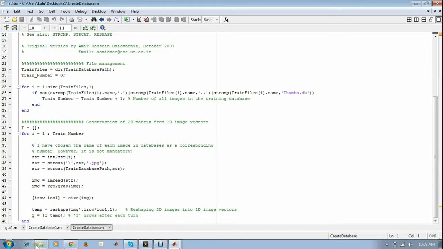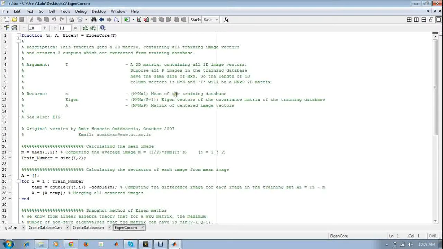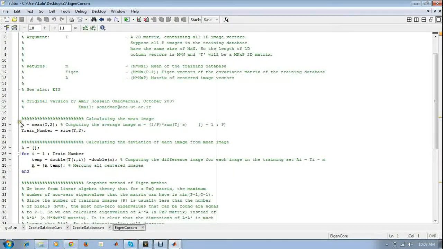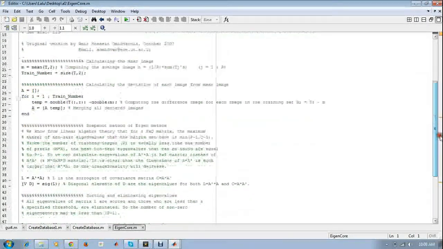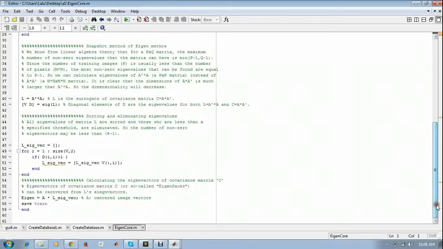From here the value goes to eigen4, where the pre-processing is done. In pre-processing we calculate the pixel values of each image, and from those we calculate the mean, running size, covariance and deviation of the image. Here the covariance matrix, eigenvalues and eigenvectors are calculated, and we save the eigenvectors.